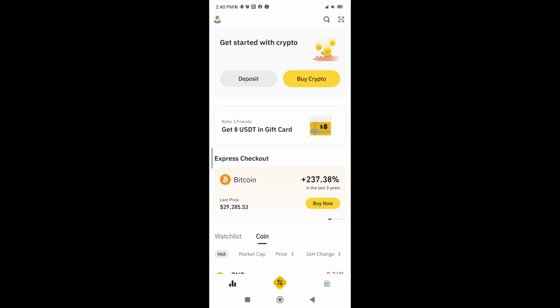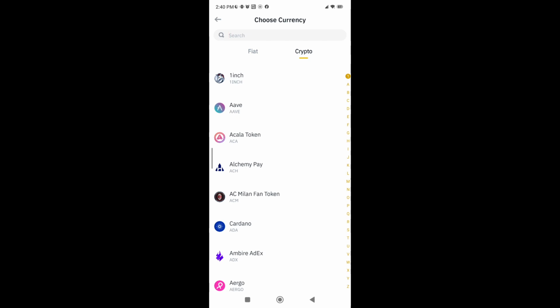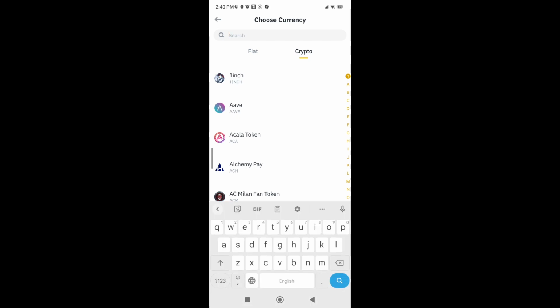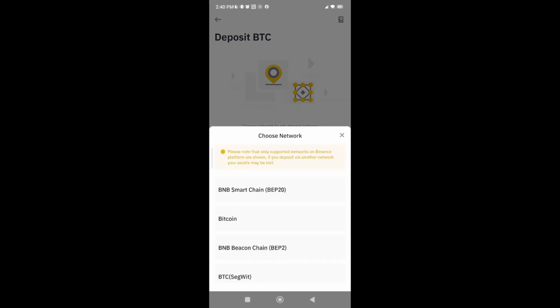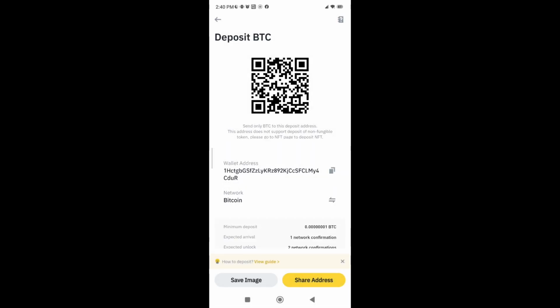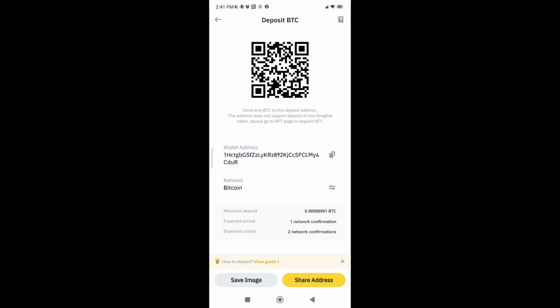You can go into the deposit section and then you can pick your Bitcoin. So let's say we're going to go with the BTC because we know this, Bitcoin. Then here you will pick Bitcoin as the network, and here is your wallet address. So if you want to pay via crypto.com to Binance, scan the wallet address, pick how much Bitcoin you want to transfer over, and this is how you can transfer money from crypto.com to